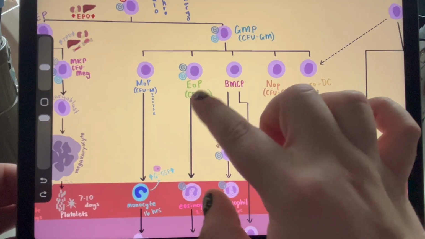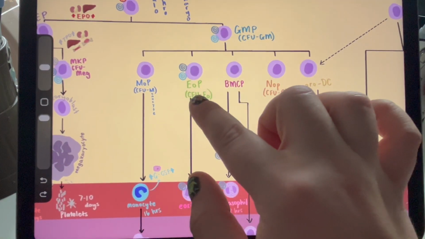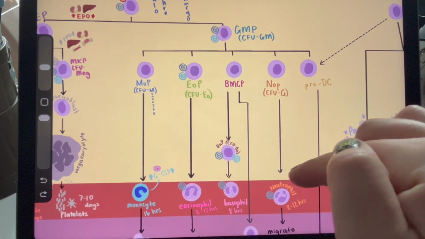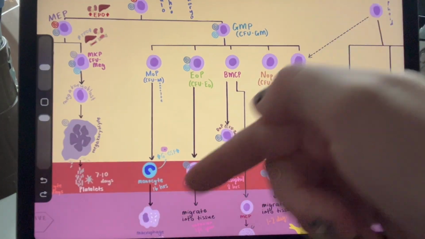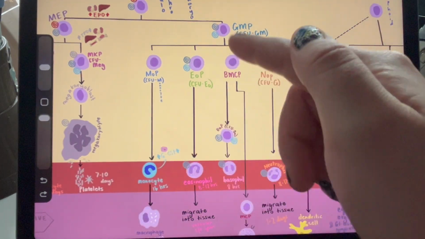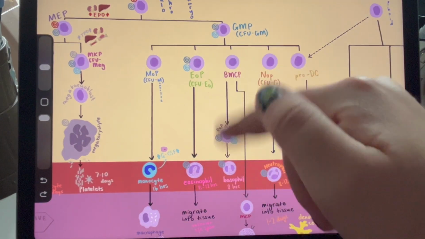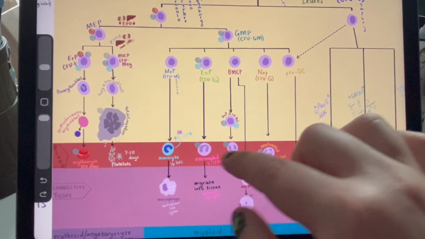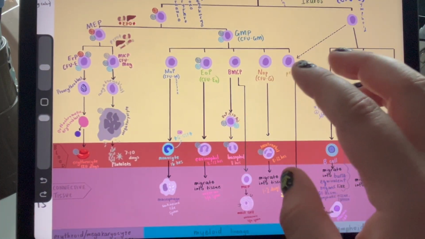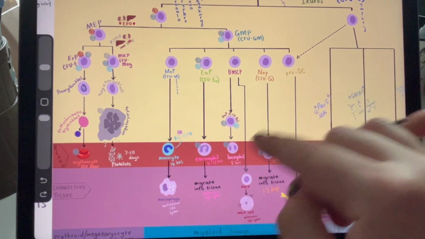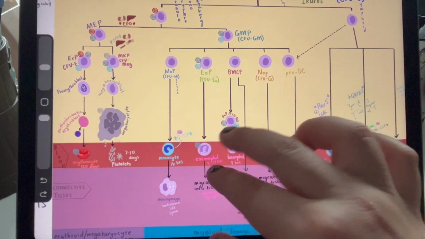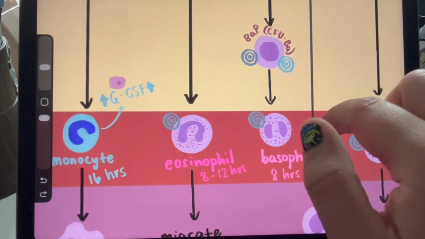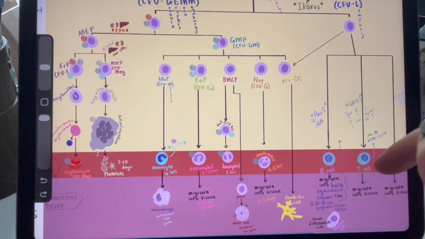You can see here that it also goes for the eosinophil progenitor. It goes for the basophil progenitor. So you can see here that this basically is stimulating eosinophils and basophils. So it kind of makes sense because it's granulocyte colony stimulating factor, and these guys are going to end up with, you know, other cells in this section might have some granulocytes. You can see there's a mast cell and stuff, but these are the main big guys that are going to have granulocytes. And again, just a reminder, these are stimulated by the T cell releasing the growth factor for granulocyte,